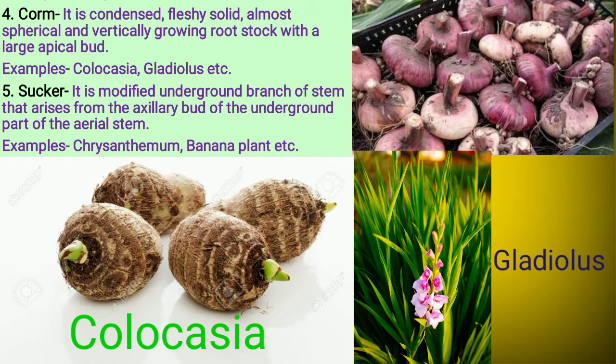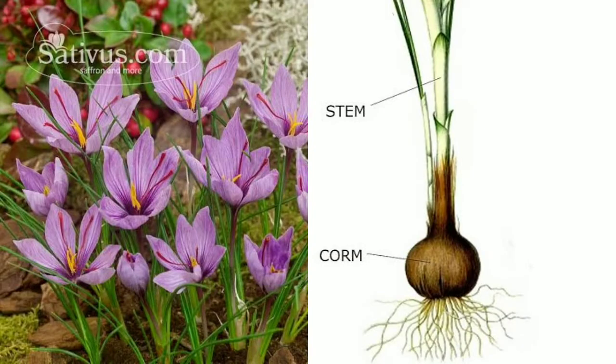Similarly, in case of the gladiolus also, you can see the scaly one, the corm of gladiolus, that very much resembles that of the onion. And also a very important plant, Kesar, whose scientific name is crocus, that also bears the corm, with the help of which they vegetatively propagate along with the storage of food.